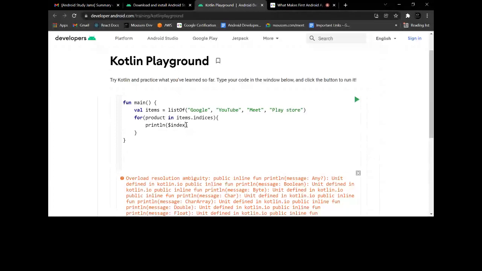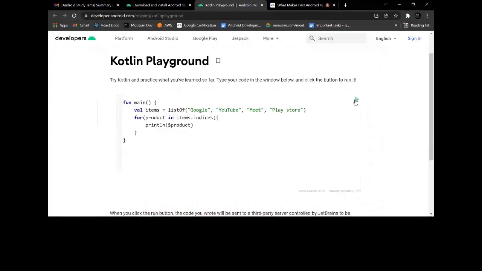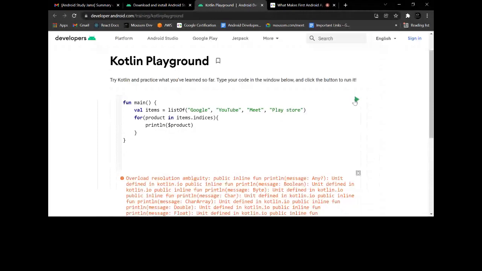I have to check the product index, right? So if I run this, what is happening? Indices, product in items.indices. Okay, cool. This should not happen.